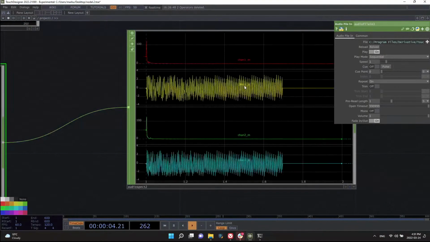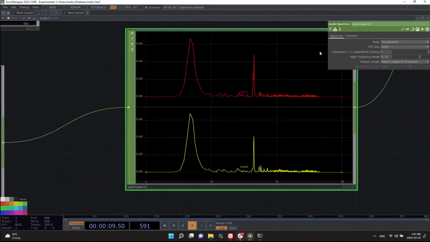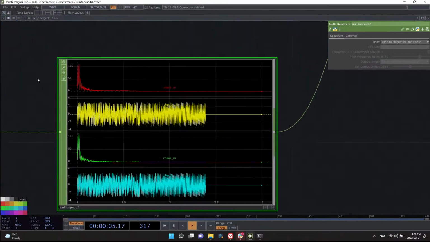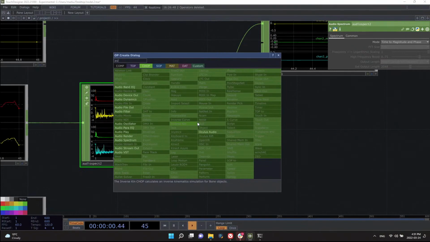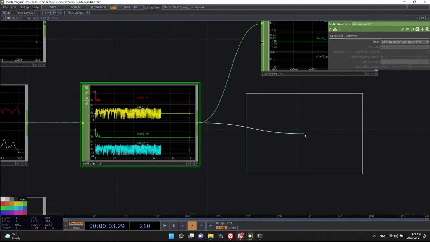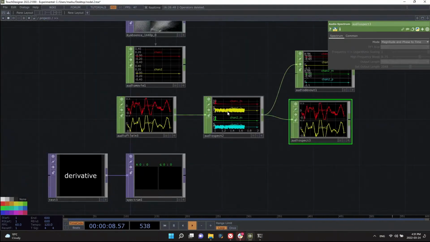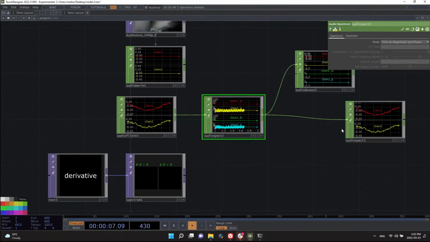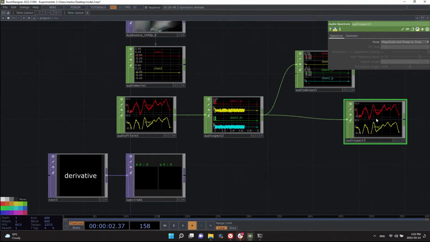So the visualization mode actually is the more common one that you might see. It gives you this kind of a spectrum. But the time to magnitude and phase mode is the one that lets you see the actual magnitude and phase of the signal. And then with another audio spectrum, you can convert it back to an audio waveform. So magnitude and phase to time goes back to the input. So you convert back. So in between here and here, you can monkey around with the signal, which is great